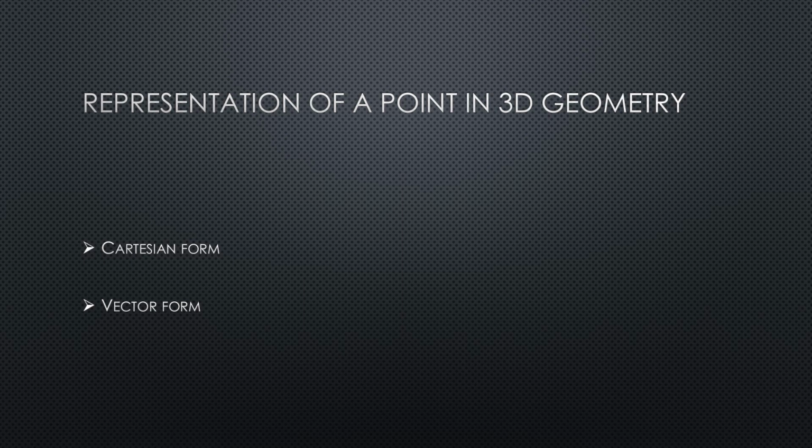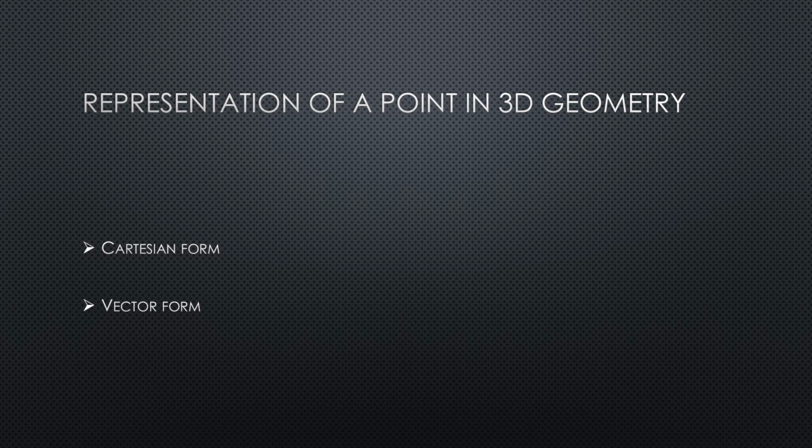Representation of a point in 3D geometry: Cartesian form and vector form. Cartesian form. In the Cartesian form in three-dimensional geometry, the representation is done using three coordinates, along the x-axis, y-axis, and z-axis. So the coordinates in three-dimensional geometry are x, y, and z. The x value is known as the abscissa, the y value is known as the ordinate, and the z value is known